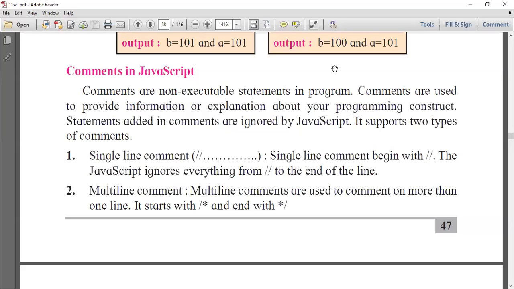Comment means simply non-executable code. Whatever you have written inside the comment will not display on the web page. It will remain as it is in the code, but it never displays on the web page. So a comment is just to guide the user about the meaning, why you are writing the program, and the details of your program. All these things you can write inside the comment. So a comment is just non-executable code that never displays the content written inside it on the web page.